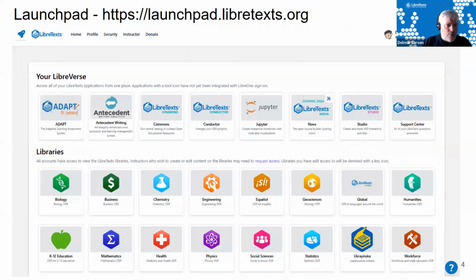So what exactly is the LibreVerse? Well, for those of you that are familiar with the LibreText project, it's been around for about 17 years. It was born out of a precursor project called the ChemWiki. It was born in 2007, 2008 when I was an assistant professor. And the intent that I had was to create an infrastructure to take the place of the commercial textbook.